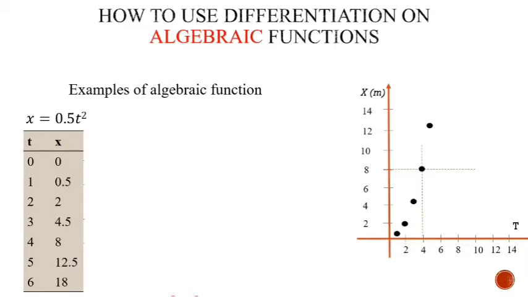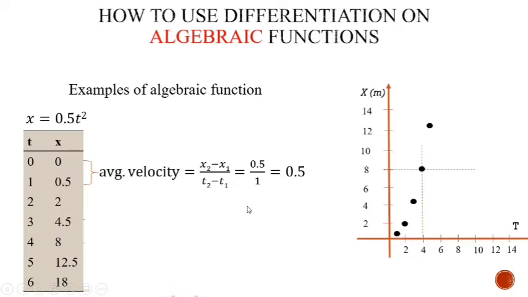For example, here the displacement function is 0.5 t square. For this, if you put time equal to 0 up to 6 seconds, you will get these different values. For example, if you put t equal to 1, then the output will be equal to 0.5. If you put t equal to 4, that 4 4s are 16 and 16 multiplied by 0.5 will be equal to 8. So if you try to represent this particular thing on the xt diagram, it will not be a straight line, because this is not the equation of a straight line. So it will be a curve.